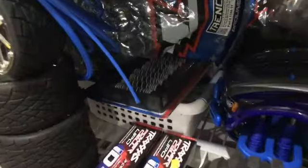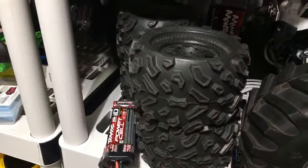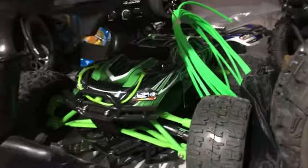And there are a whole bunch of parts you guys never get to even see that are back there that I don't even use. Look at that body back there. That's a body I didn't even use yet. There are hidden gems. Look at all these tires. Look at the tires in the back. You guys don't even get to see this part of the hobby room. I mean, if you look at that,